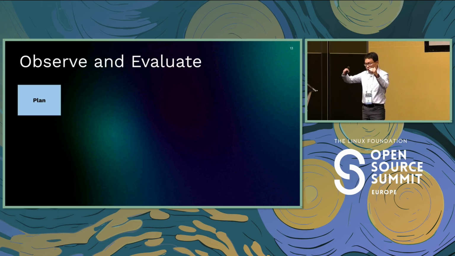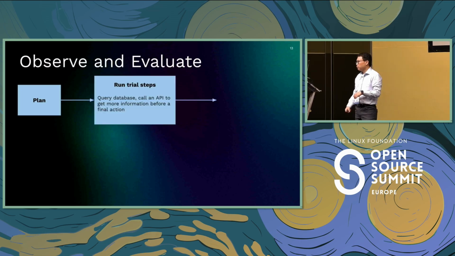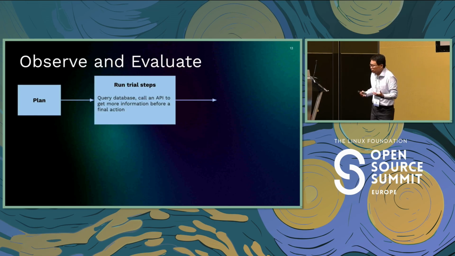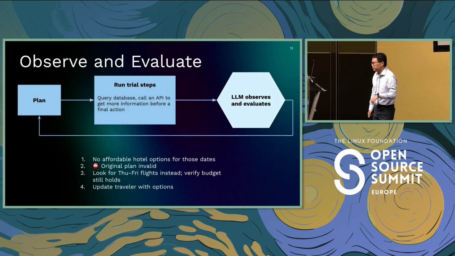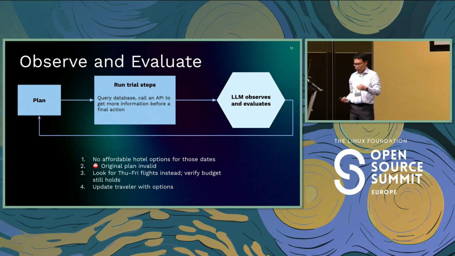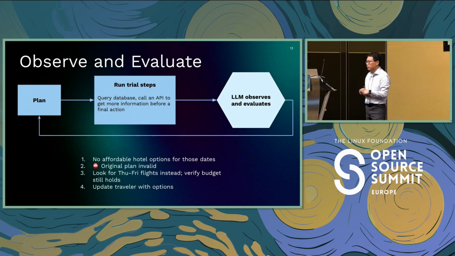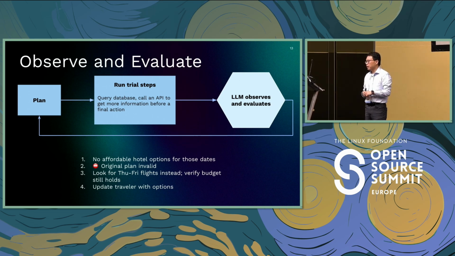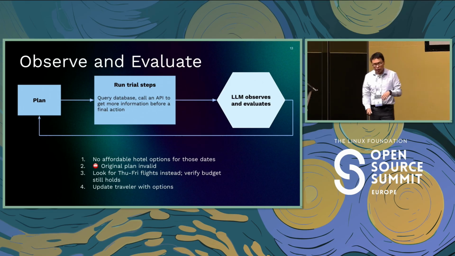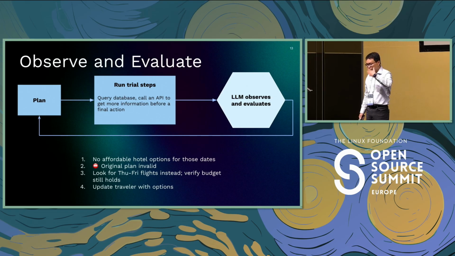So I have a plan. The LLM needs to observe and evaluate it. So the way it does this is you might run some trial steps, right? So it might query a database. It might call an API to get more information about flight availability or whatever, right? And based on that, it may actually update and modify that plan. And it turns out, based on the plan, there's no affordable hotel options for those dates. So the original plan doesn't work. And we're going to look for Thursday through Friday flights instead, verify the budget still holds, and update the traveler with some options, right? So the LLM has observed and evaluated, reflected on that plan, created a better plan,